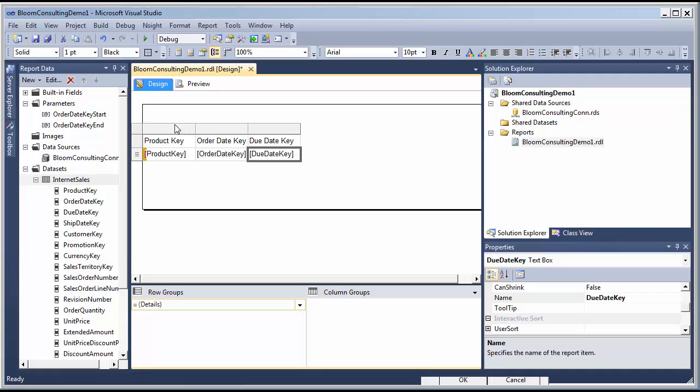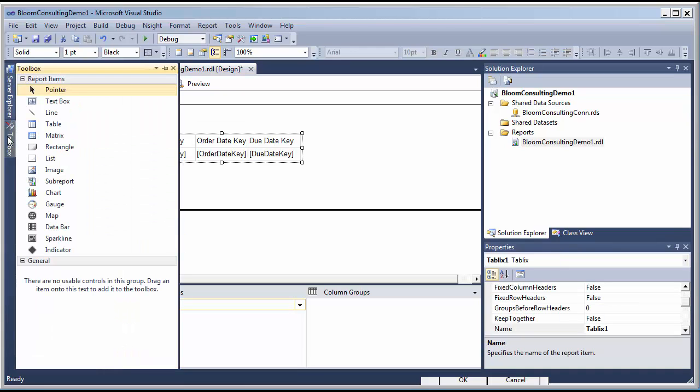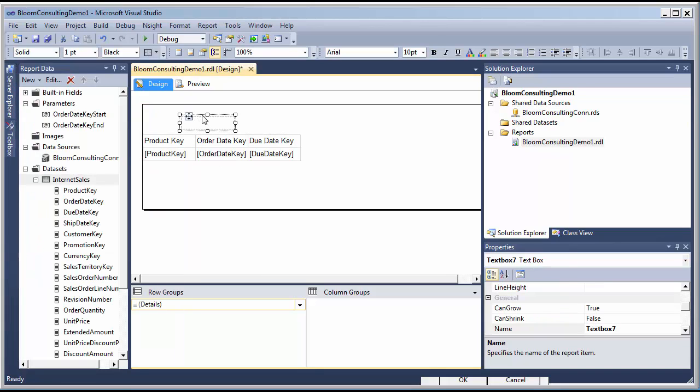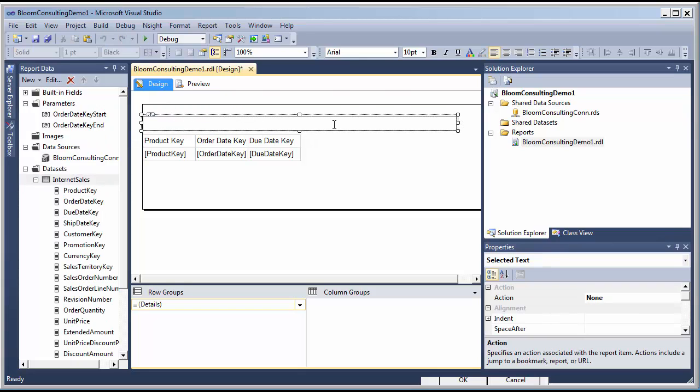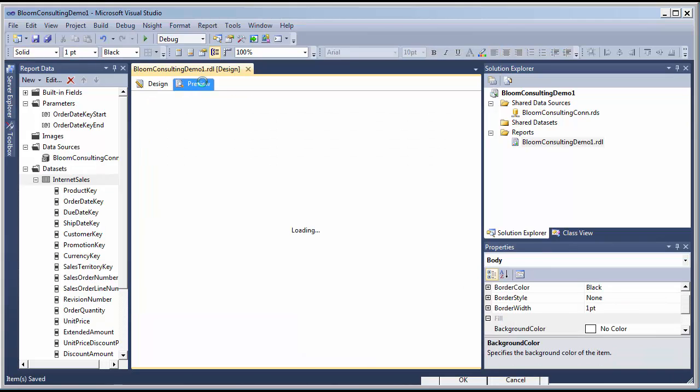And then perhaps maybe a text box. Go back to our toolbar, and maybe a text box here. We'll adjust it maybe, and then drag it over here, and then we'll just go ahead and double click in there and say Bloom Consulting Demo Report 1. So that's fine. I'll go ahead and save it and click the preview button, and what it's doing, it's initiating